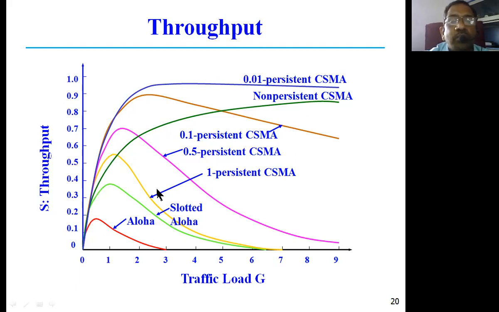You have to show the improvement from Aloha to Slotted Aloha, and from Slotted Aloha to the CSMA kind of protocol. You need not mention persistent and non-persistent in the case of CSMA, because we don't go that much in depth into CSMA. Okay.